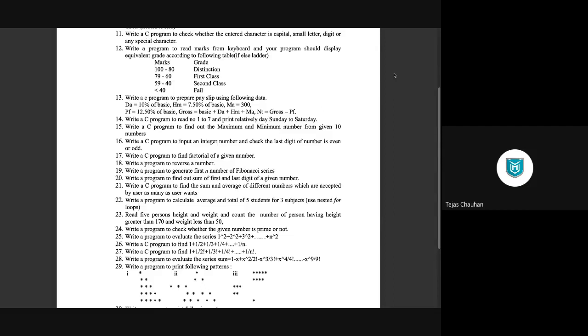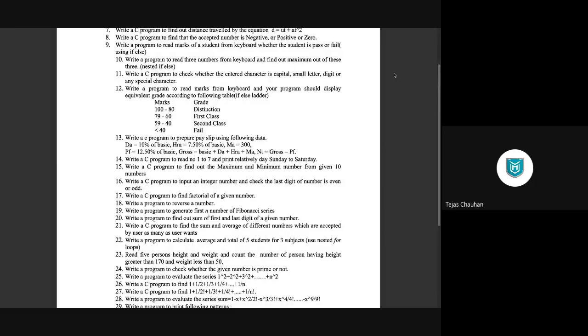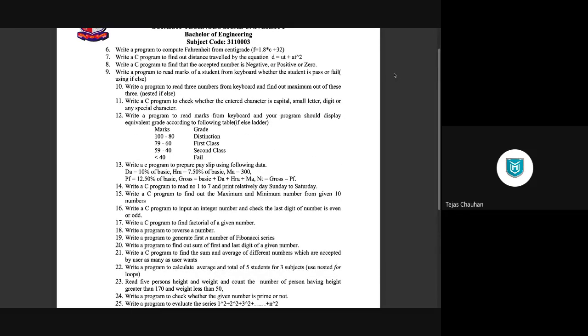Last week, in a previous lab, we had gone through practical number 8 to practical number 14, right? We have started writing some practicals so that we can come to know how we can write C programs and achieve whatever task we want to perform.